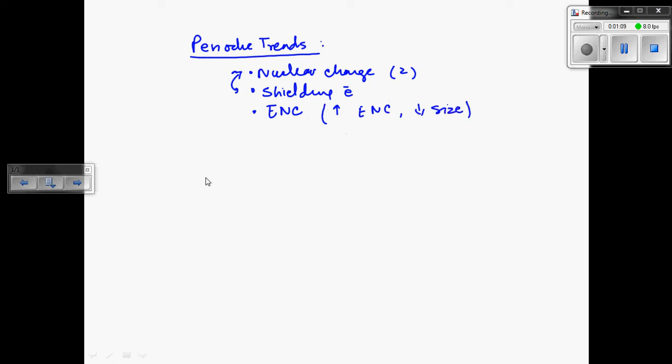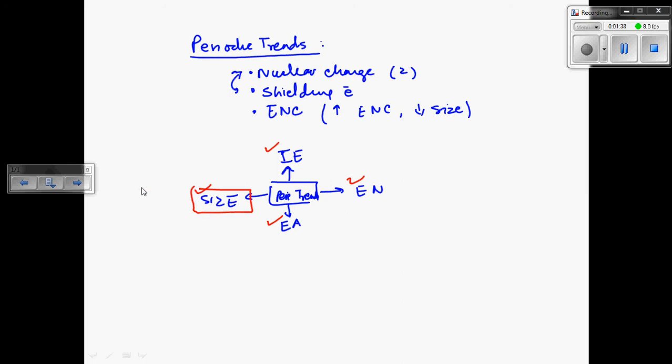And the periodic trends that we study, there are 4 of those: ionization energy, size, electron affinity, and electronegativity. So these 3 trends follow the same pattern, and size follows a different pattern, and this is opposite of everything else. So the size across a period decreases, and down a group,